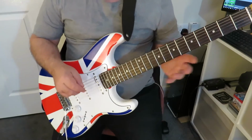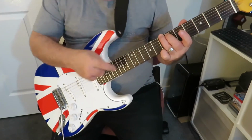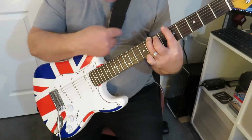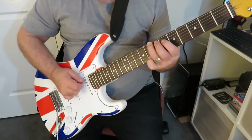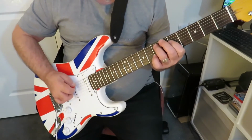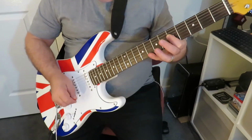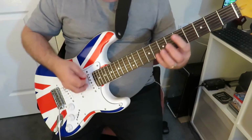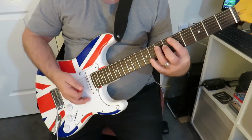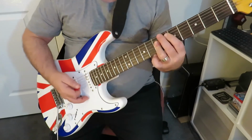Again, great chord. So the idea that I'm trying to get across to you here is you take these shapes, the G shape for example, you visualise it, what it would be like to play the full shape, but then you just pick out certain notes and play those. Just play 3 notes. And you can do this with the E shape, with the A shape, with the C shape,